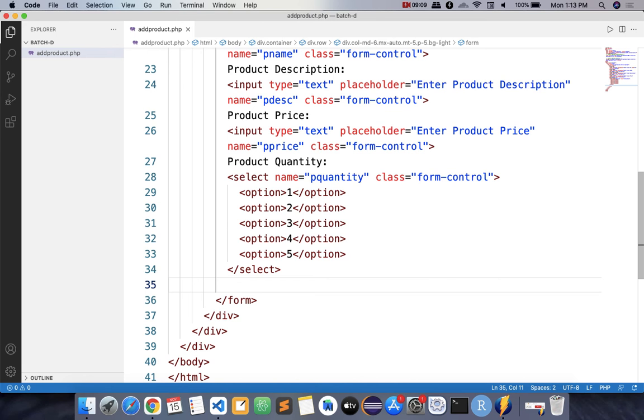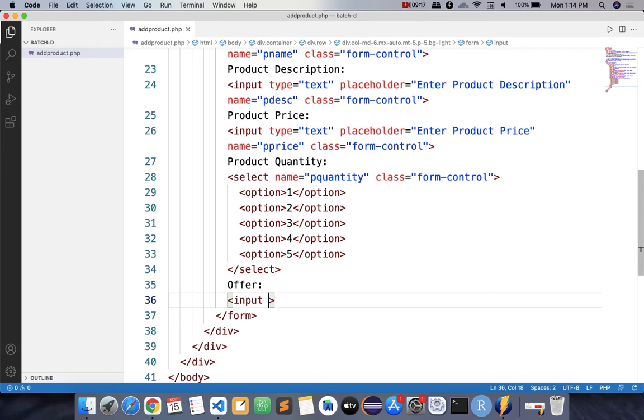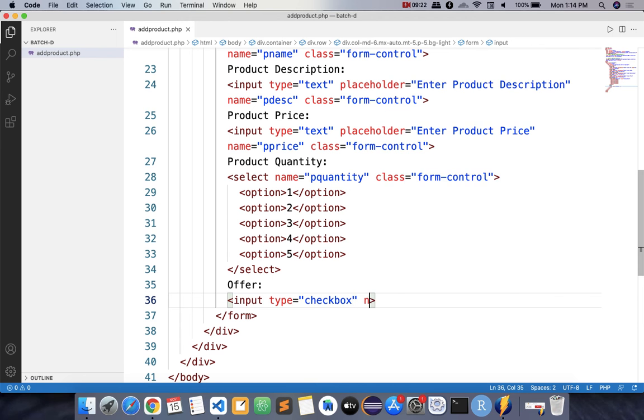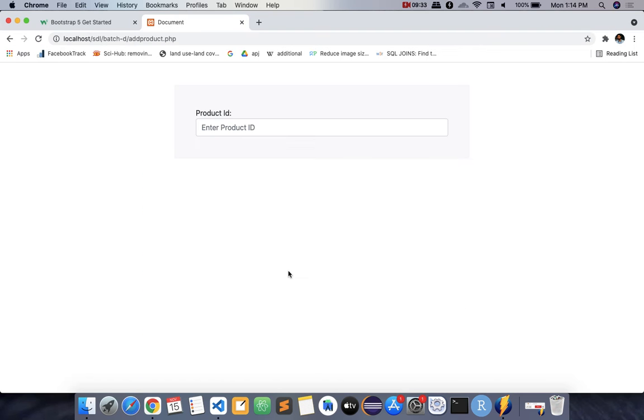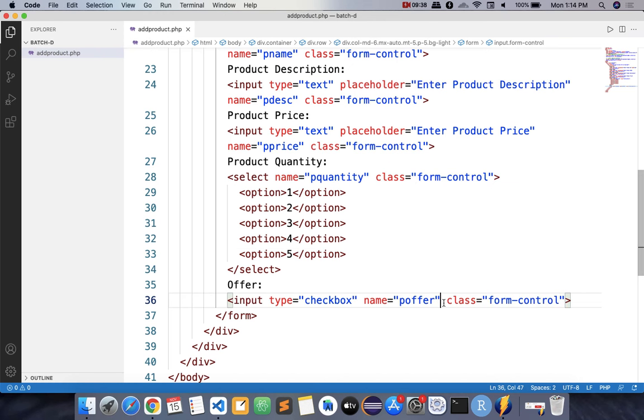So we'll take one more input box, and type should be checkbox. Name is the offer. Class form iPhone. It has become too big, so there is no need to give it a class. Only the display value should be select offer, 50%.